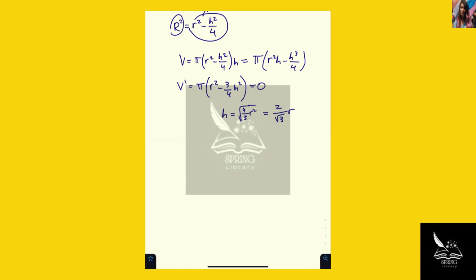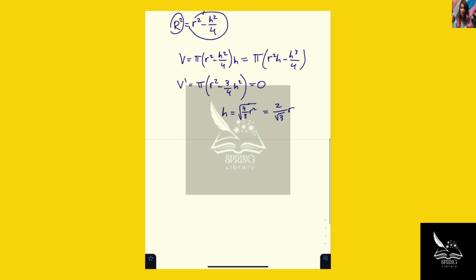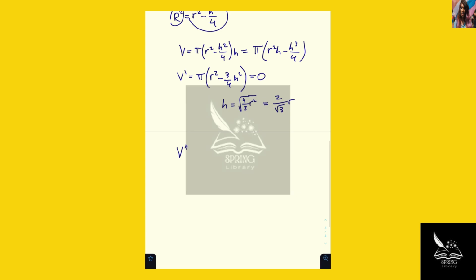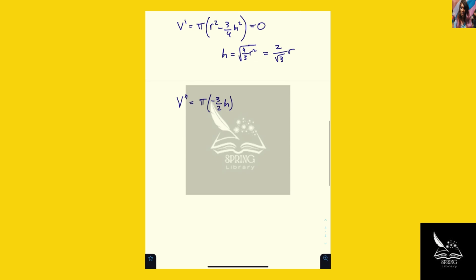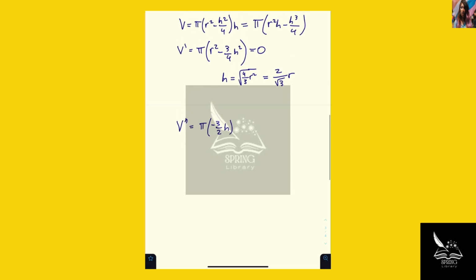Then we can plug this value into our V double prime. We know that V double prime is going to equal pi times negative 3 over 2 h. So when we plug in the value into our original V,